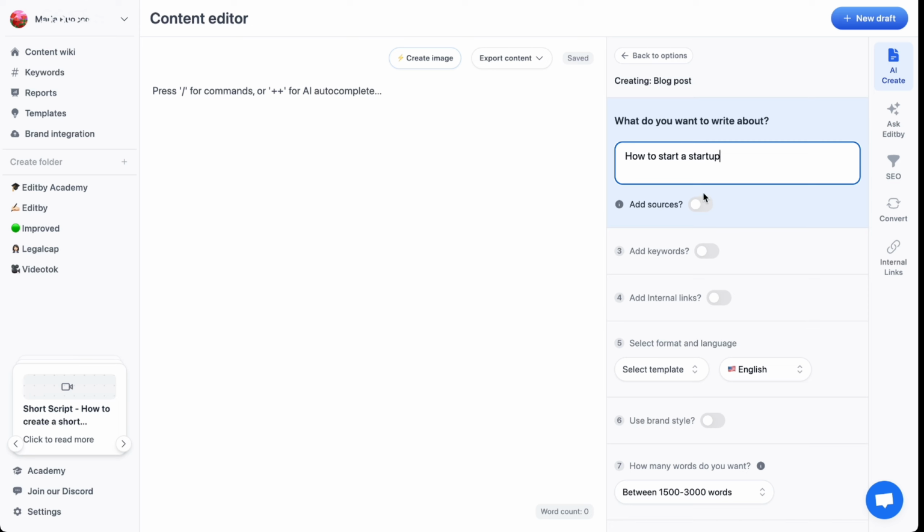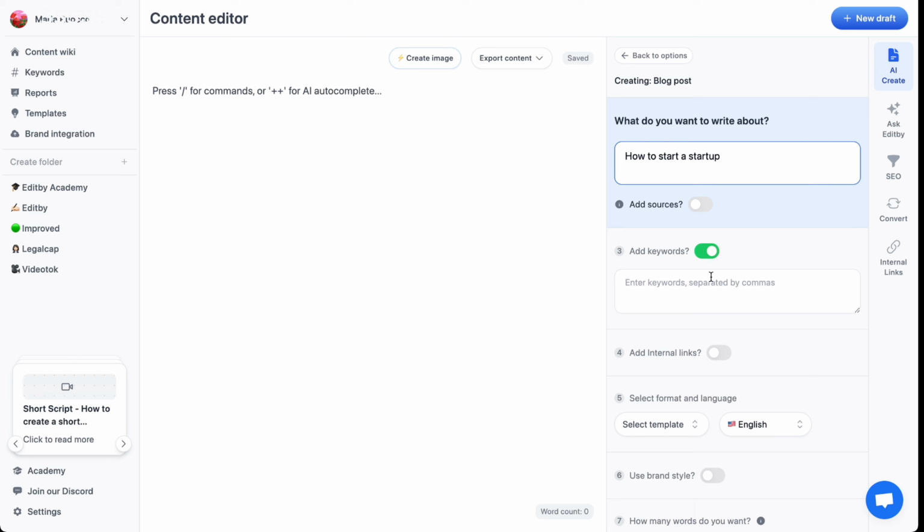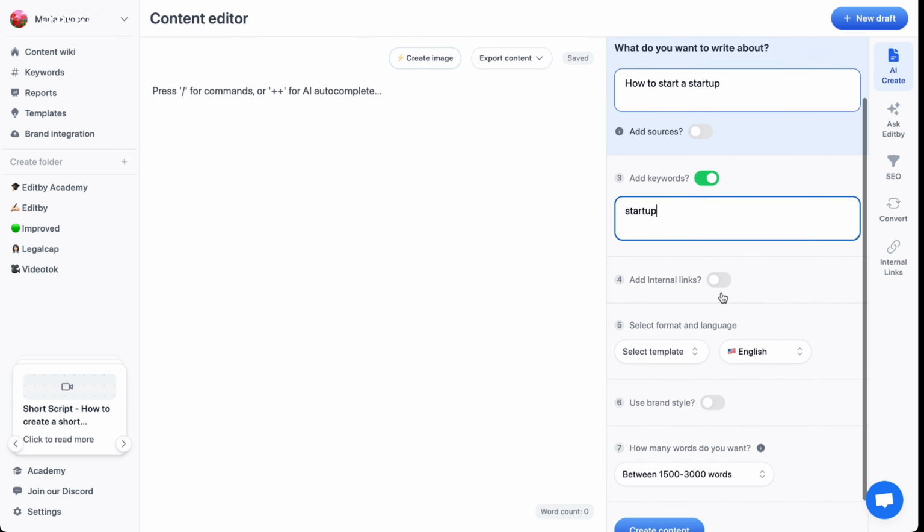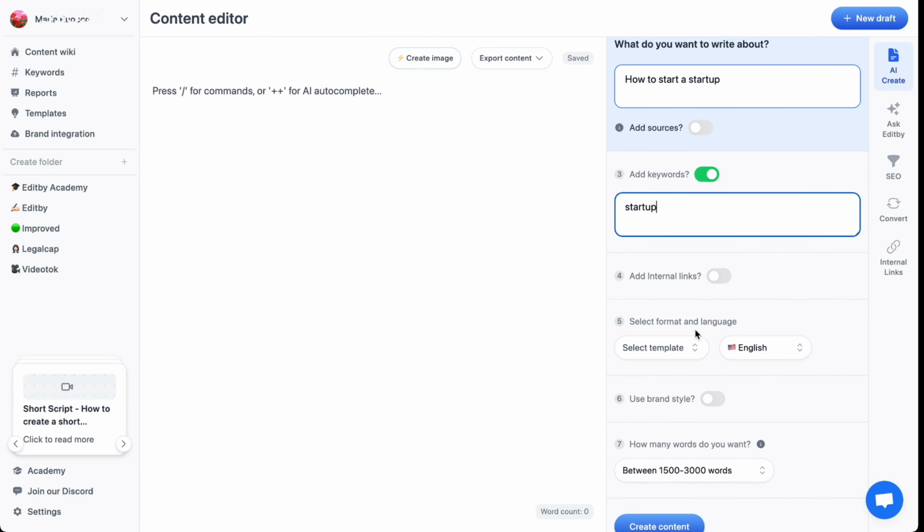Okay, we have now our topic, and we know that we won't add new sources because we won't use external sources, but we want to use keywords. In this case, I can type, for example, startup. I don't want to use internal link, and I'm ready for the next step, that is